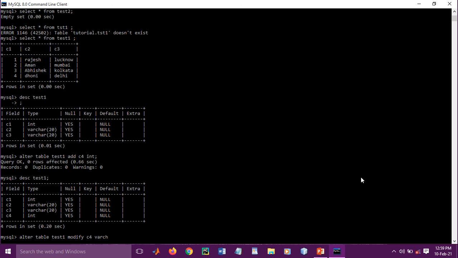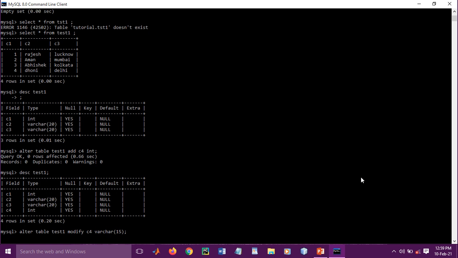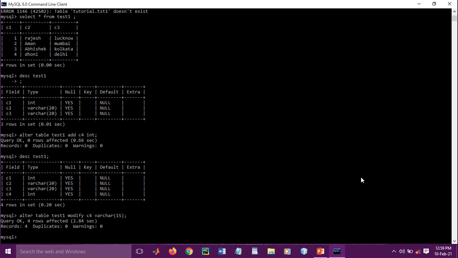Suppose we want to change it to variable character and we assign 15. If we do not mention the size of the variable character, it will accept its default value. So our c4 column is modified.